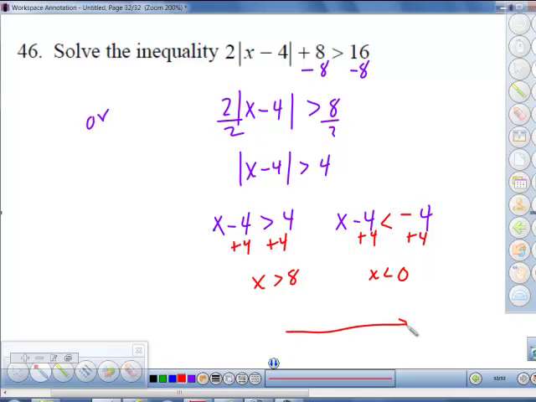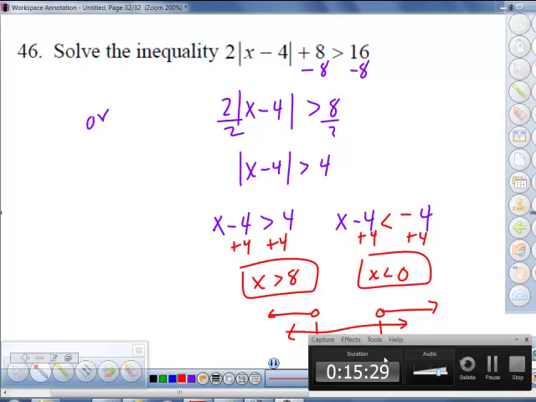Now if we were to graph this, it would look something like this. At 0 and at 8, they're both open circles. This one is less than 0, which goes this way. This one's greater than 8, which goes this way. So notice it's an OR, like oars on a boat. And guess what? We're done. Okay. Yay. Guess what? We're not, because I don't